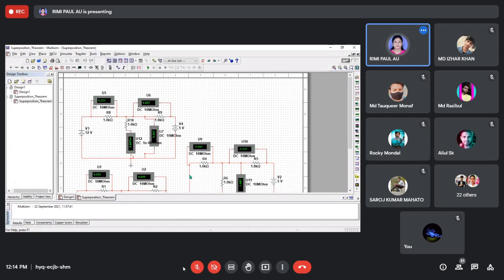I have already shown you the breadboard. Now the second part is the two sources. The two voltage sources are this 12 volt and 5 volt. From the 12 volt you have to connect a wire here, and the end point you have to connect with this resistor. This resistor will be connected on the breadboard.